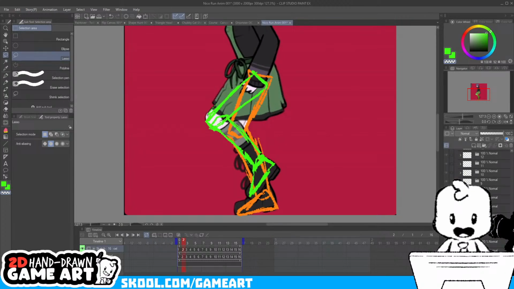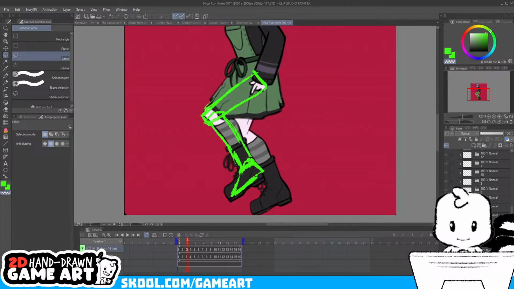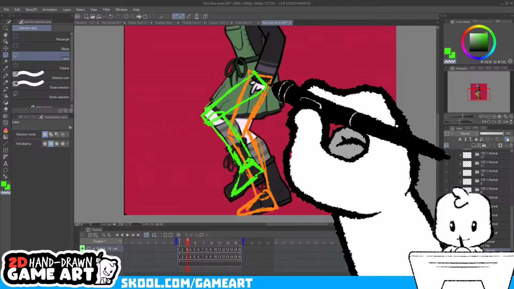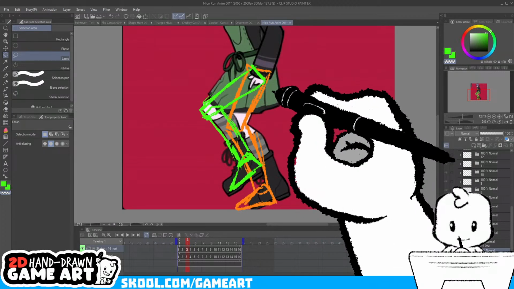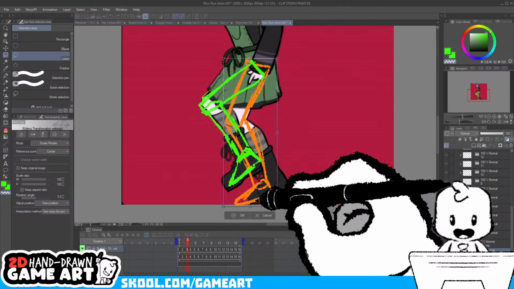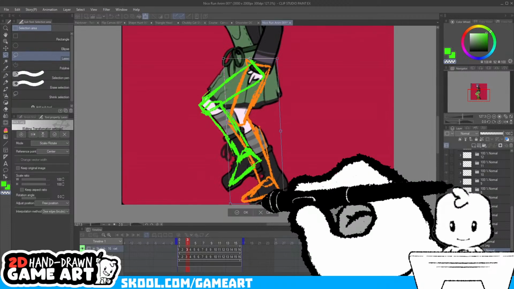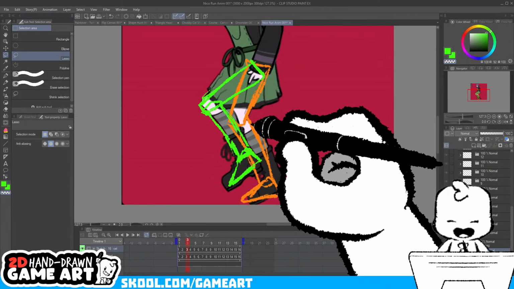So we have these two done already. We just need these. I know for some of these frames, I completely destroyed some of these layers by accident.